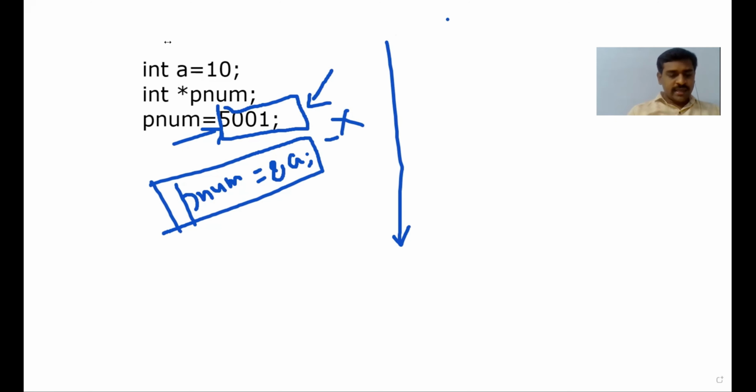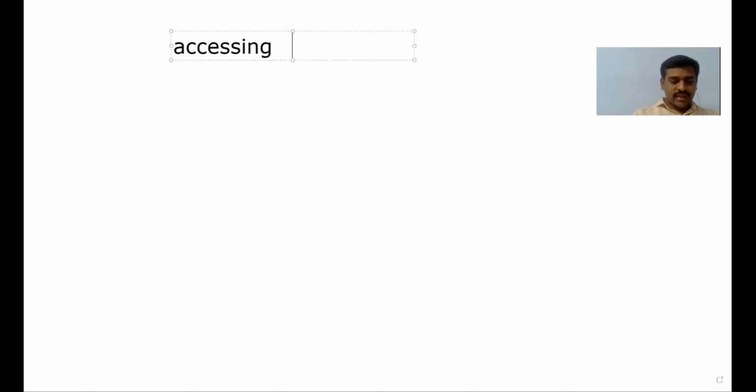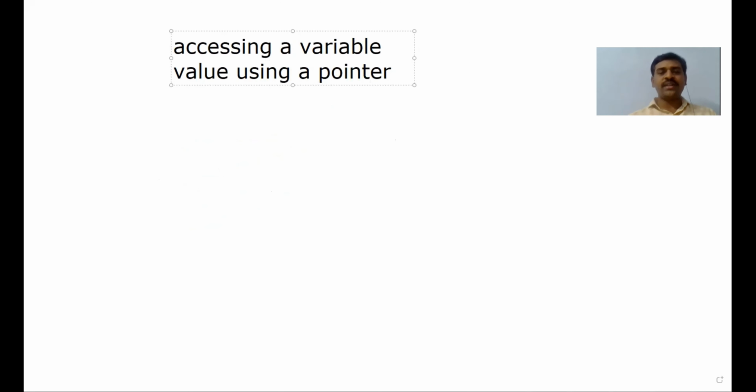So I am writing: accessing a variable value using a pointer. How to use the pointer to access the variable value?